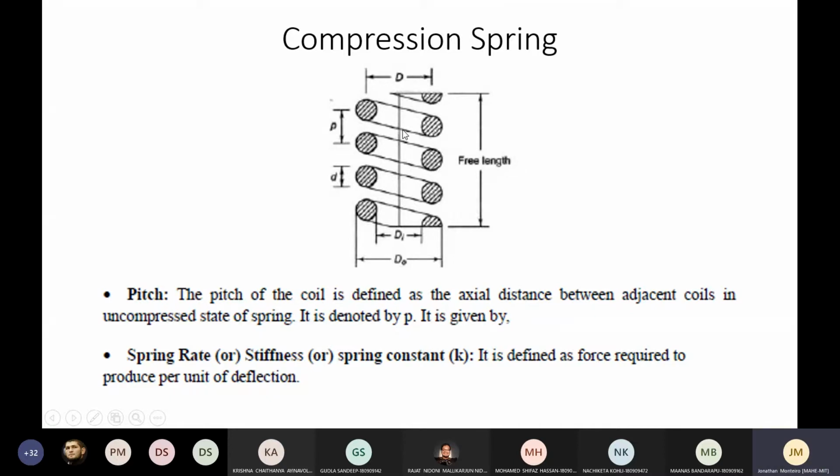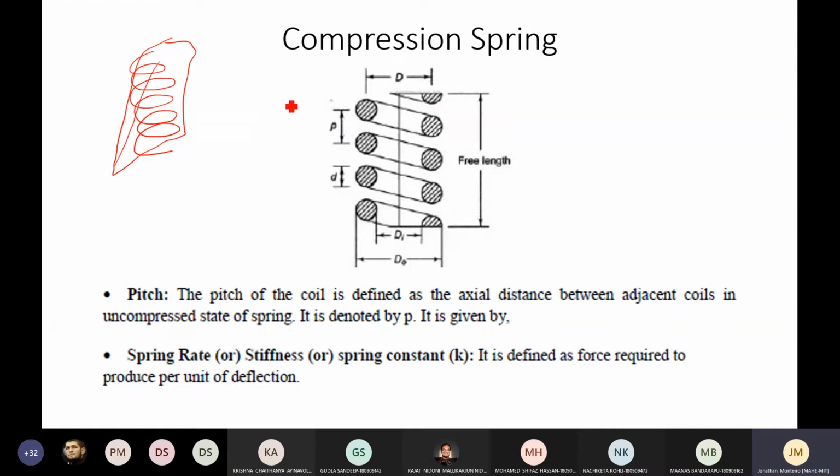That is, if you cut through the spring in a cross section, I'll just try to draw here in 3D fashion. It may not be entirely possible. Suppose this is a spring and you slice through it. You have a plane which is slicing through it somewhere in the center. So you'll cut through it and you will get a cross section somewhat like this. So what are the parameters associated with that?